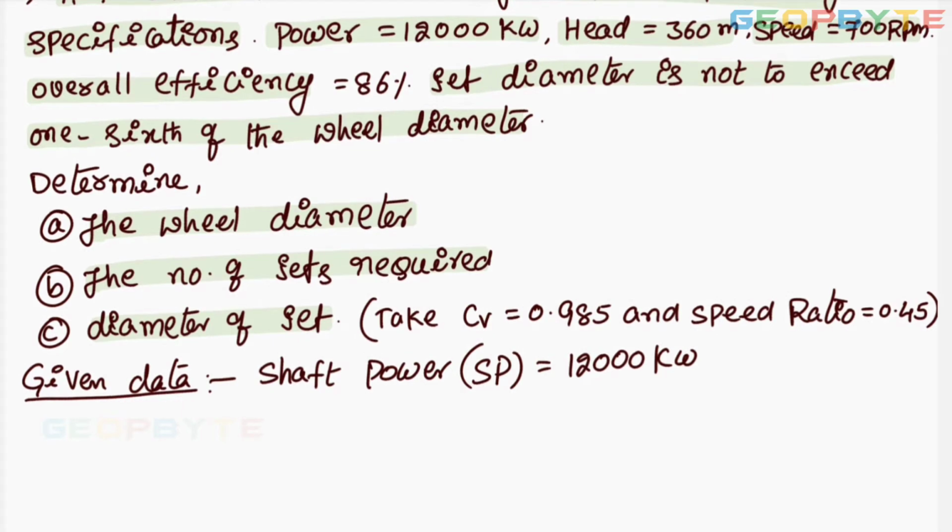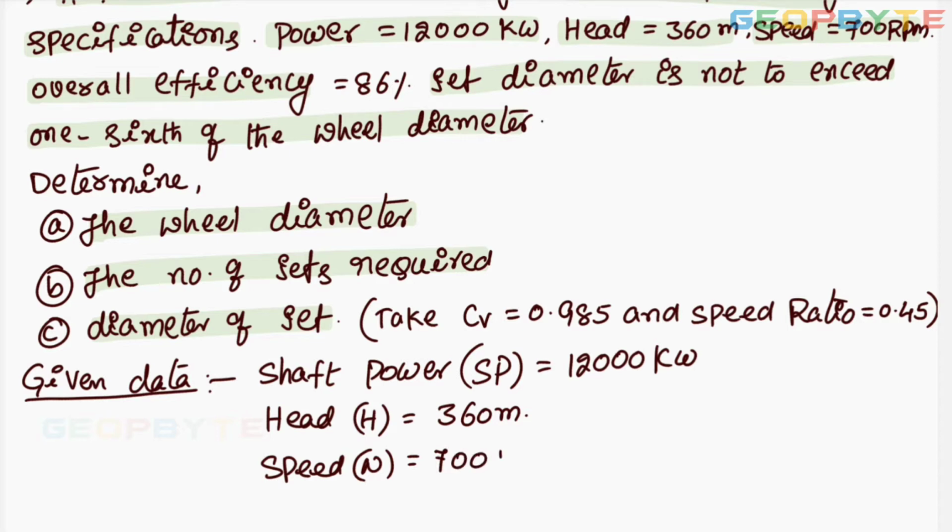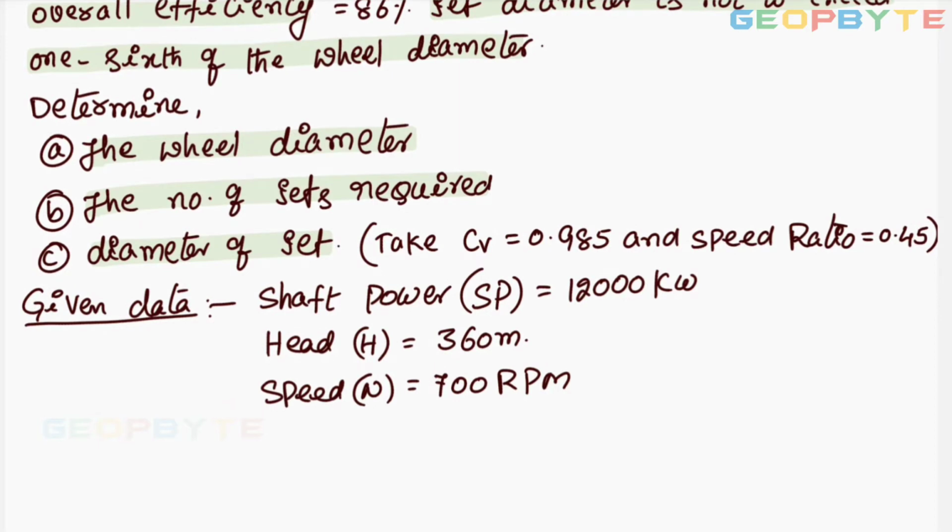Head available. Head at the inlet of the turbine is 360 meters. Speed N equal to 700 rpm. Overall efficiency